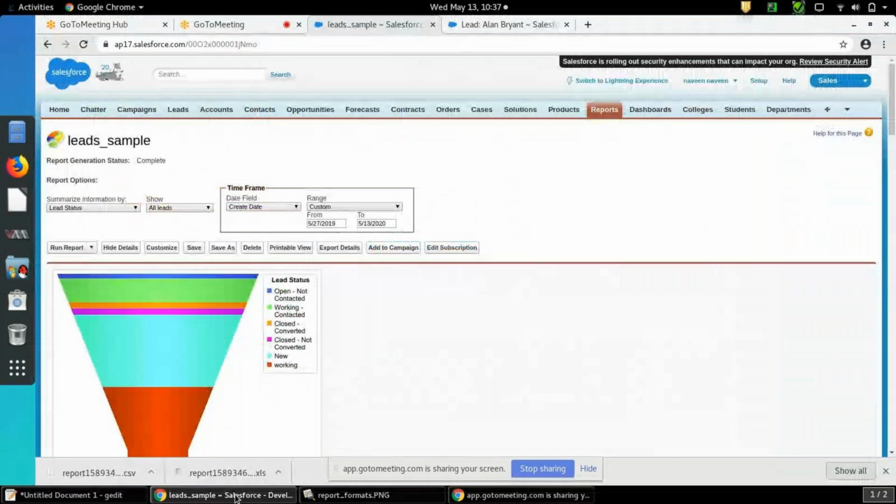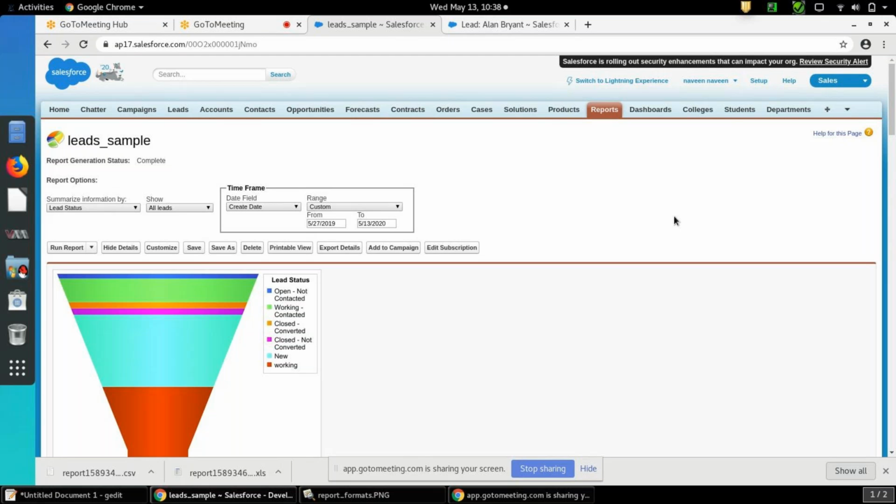Okay. Yeah, this is about today's session's reports. So we have seen what all the report formats we have and what is report type, how we can create report type, this custom report type, and how we can schedule reports. Okay, how you can run report, how many filters we have, field filter, cross filter, filter logic, row limit. If you want to show only up to 10 rows, you can select that filter also. Like these kind of conditions we have seen.